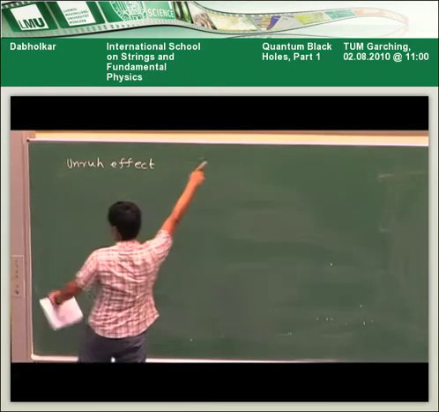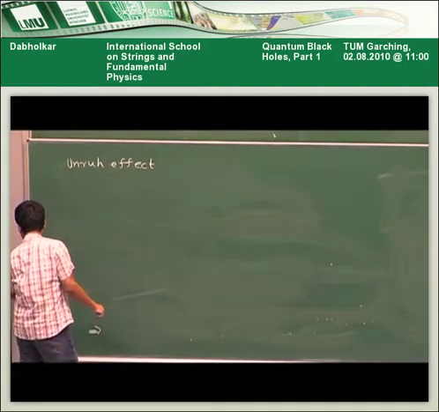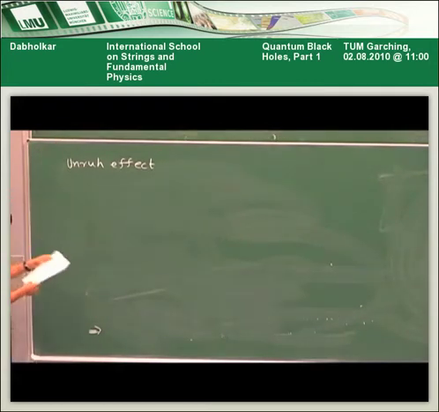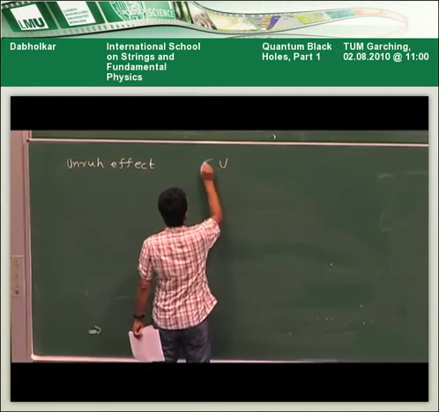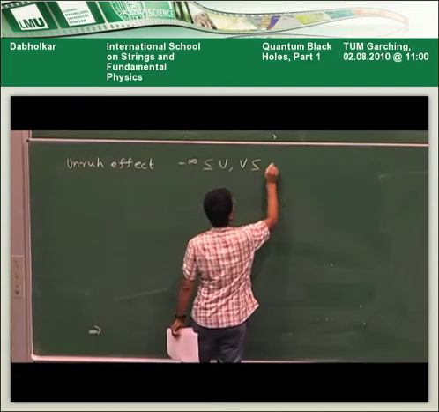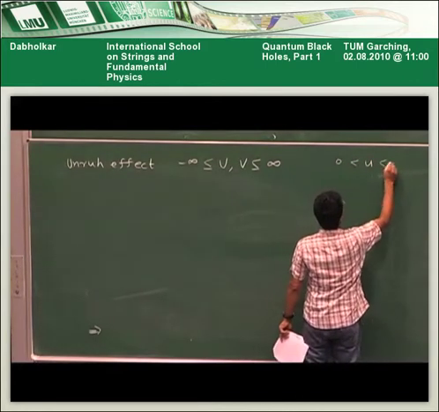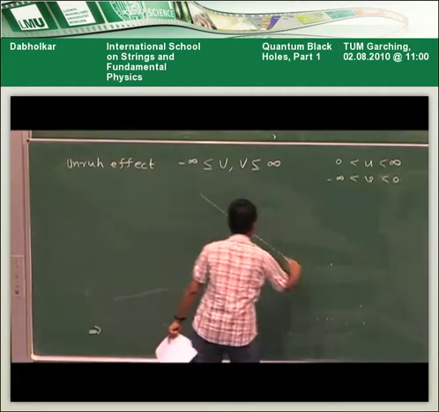But let's just look at these coordinate transformations first. If you plot this, the reason there is a coordinate singularity is because u and v go from minus infinity to infinity, whereas you can see, because of the exponential map, capital U really goes from 0 to infinity, and capital V goes from minus infinity to 0. So if you plot the Minkowski space, which is like that,